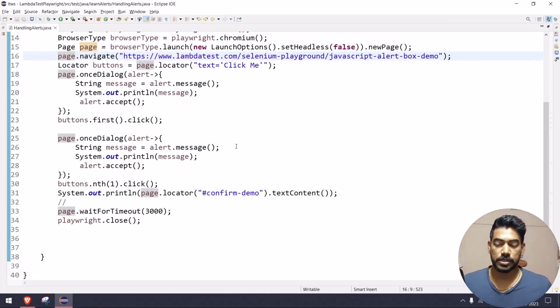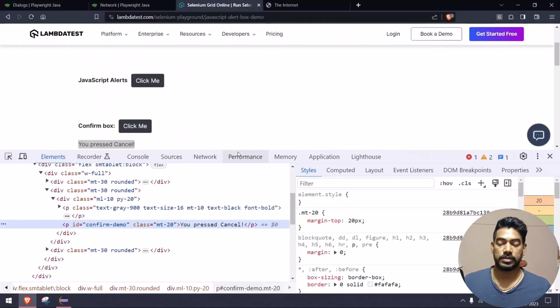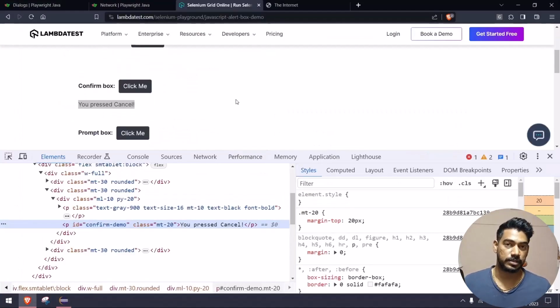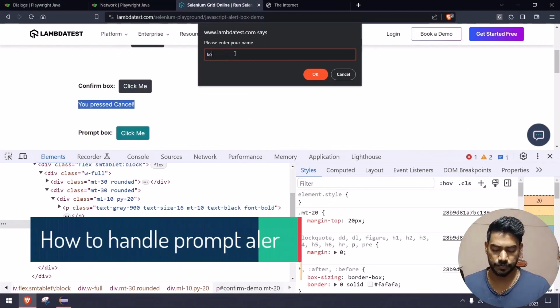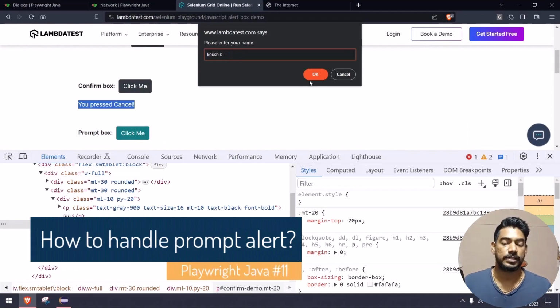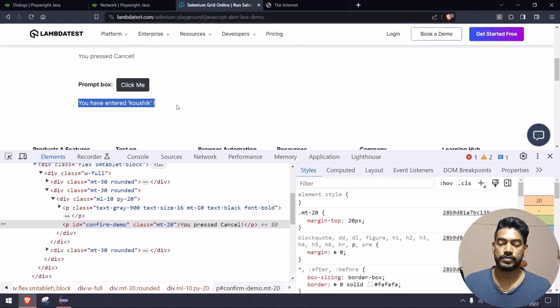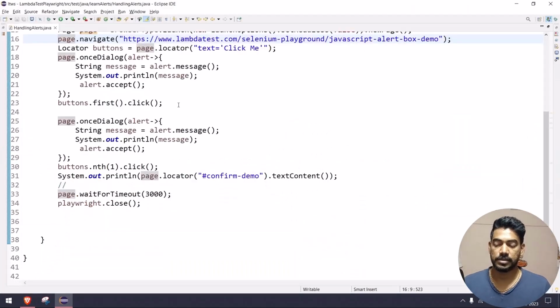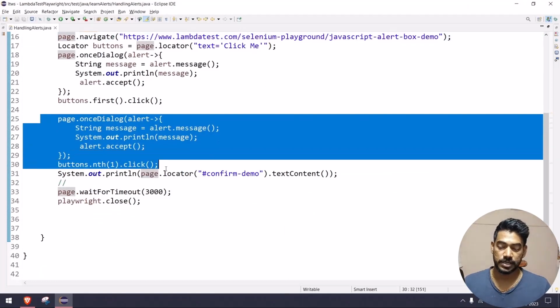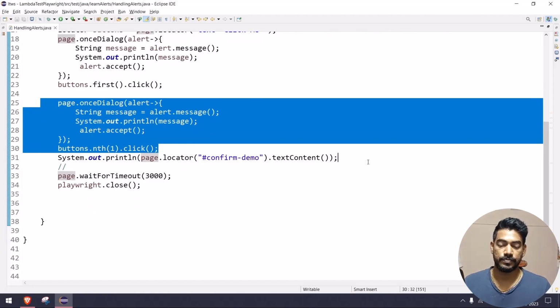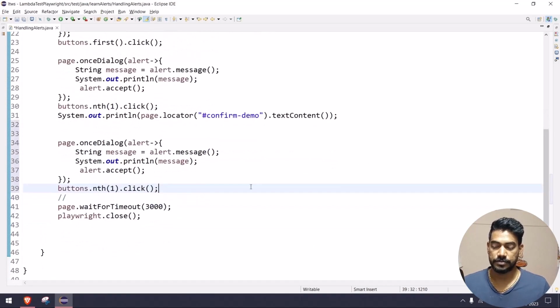Okay, so we learned another way of handling alert as well. I mean another type, which is the prompt box. In the prompt box, basically we have to give some data. For example, I can give my name, and I can click on this OK button. If I click on this, of course I'm going to get this. So let's handle this. I'm going to paste the once dialog line once again, and here the same line, so let me paste over here,